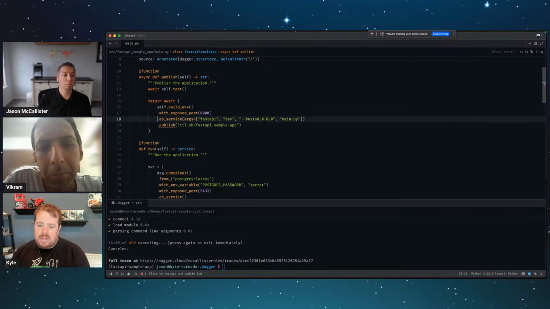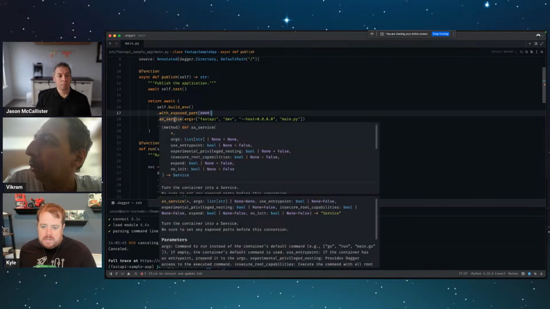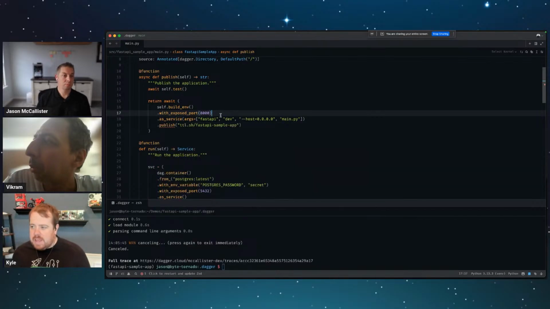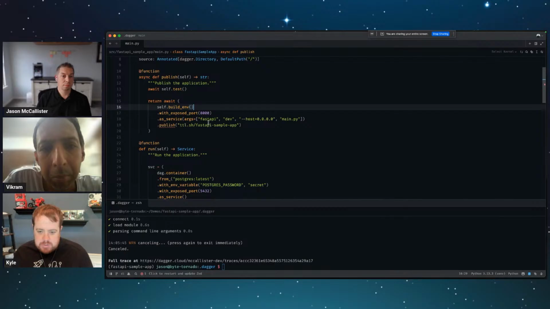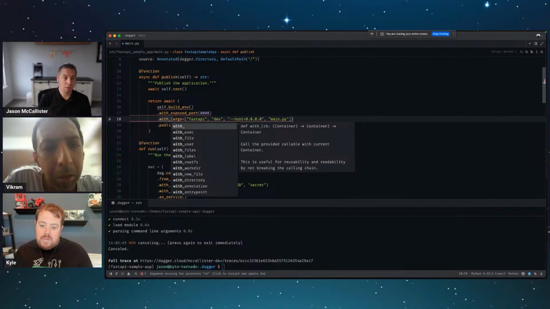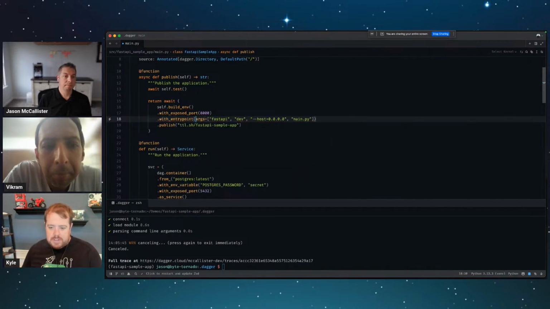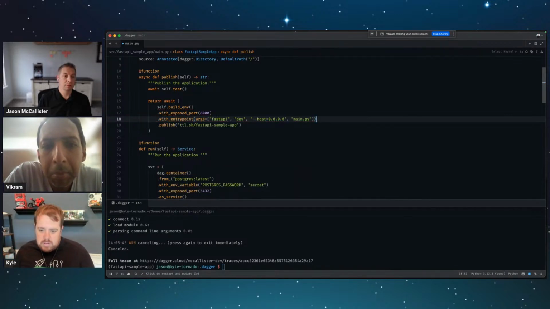Maybe the .env has something, I'm not sure, or we would have an entry point and basically let the runner of the container pass some flags. Yeah, there's a few other ways I guess you could set up your production container, but yeah, it would just, instead of as service, we just have it with exec, or sorry, with default entry point. Oh, okay. I was going to use entry point. With what? Yeah, with entry point works. Yeah. Okay. Either with entry point or with default args,